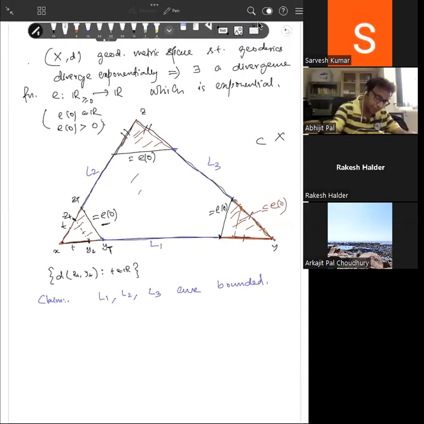What you assume is that L1, L2, L3 are the lengths. Let us say L1 is bigger than L3, bigger than L2. Then you take this point and divide it, so this length is L1 by 2. Let us call this point A. Then you take a ball of radius